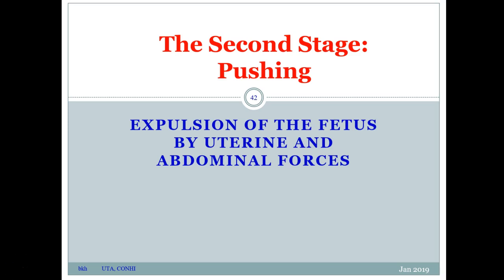In stage one, we talked about the whole process of labor, and she went from not dilated, not contracting, through all the contracting, and then to completely dilated. At complete dilation, that's the end of stage one. Now, when she starts pushing, that's stage two. And stage two is from the time of complete dilation through the expulsion of the fetus by uterine and abdominal